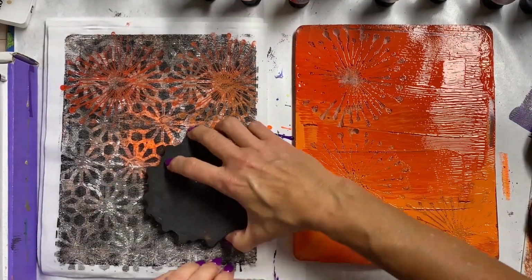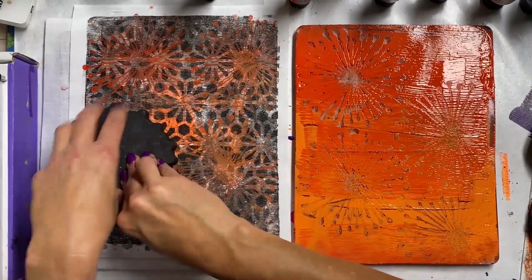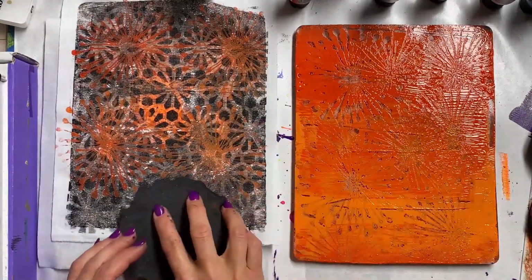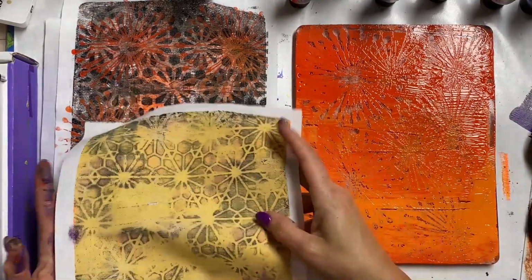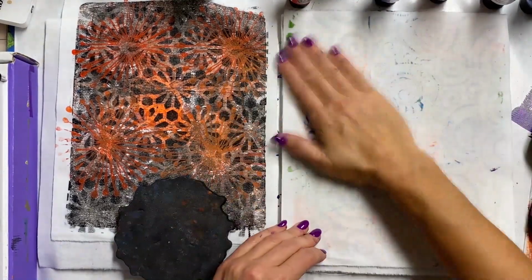I actually have 2 of them at this point because I use them so often. You'll see me use it a couple of different times later in this video too, and the ones that I do later I really, really love. So I love this one that it just pulled out a little bit more orange by adding that stamp to it. And then